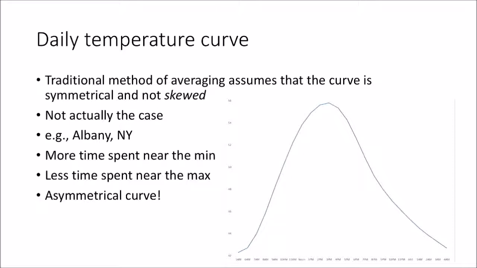So it's the first example here. I'll pick on where I'm from originally, upstate New York. So here's the average daily temperature curve for Albany, New York for the past 30 years, the 1981 to 2010 climate normals period. This is just the average of every day of the year annually. This is what the average daily temperature curve looks like starting at 5 a.m. where you have the hourly minimum and then off for the rest of the day. And we clearly see this is an asymmetrical curve.